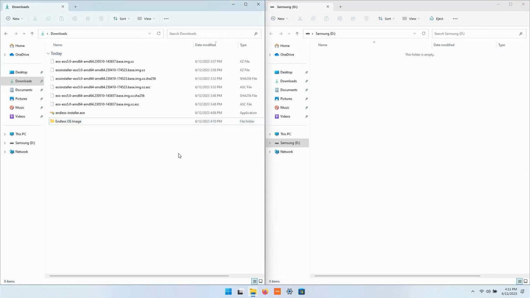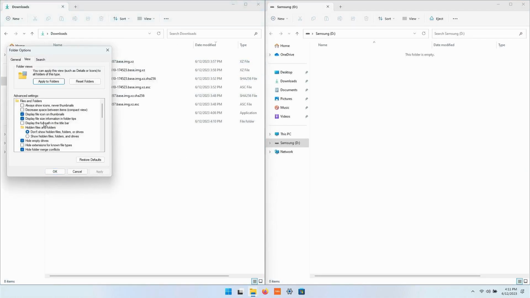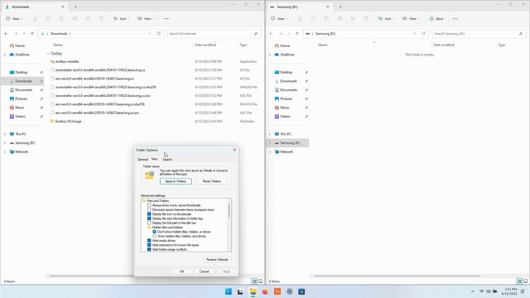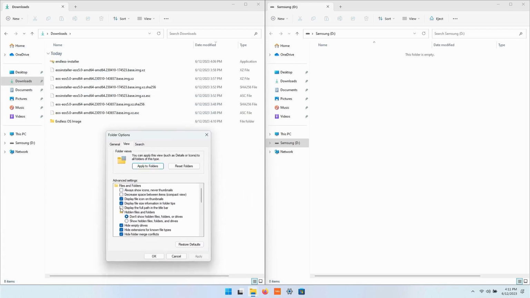Another recommendation here to help things be a little bit more clear, what I've already done here is go in your files in Windows, go to Options, and go to View. There's this option that says hide extensions for known file types. If you uncheck that, it'll show you the full file name. If you check it, sometimes it'll hide some of those file names and you won't be able to tell that you have the right files. So we always recommend you actually just uncheck hide extensions for known file types. That way you can see you have the exact right file names.